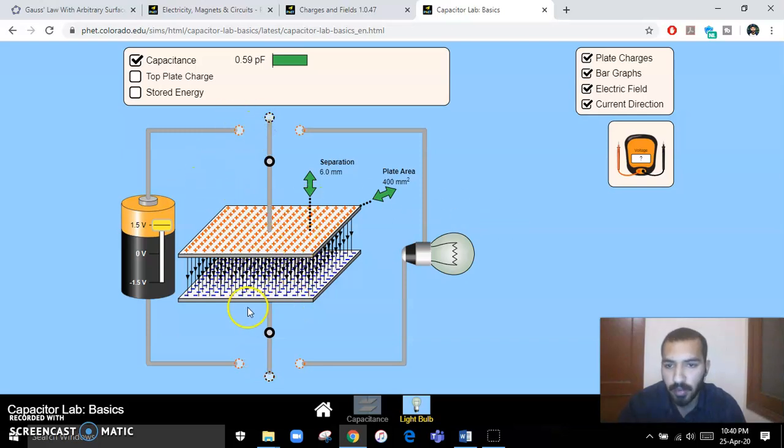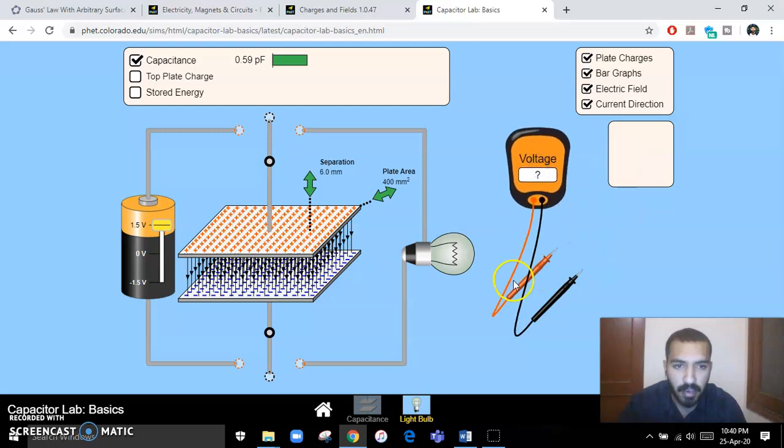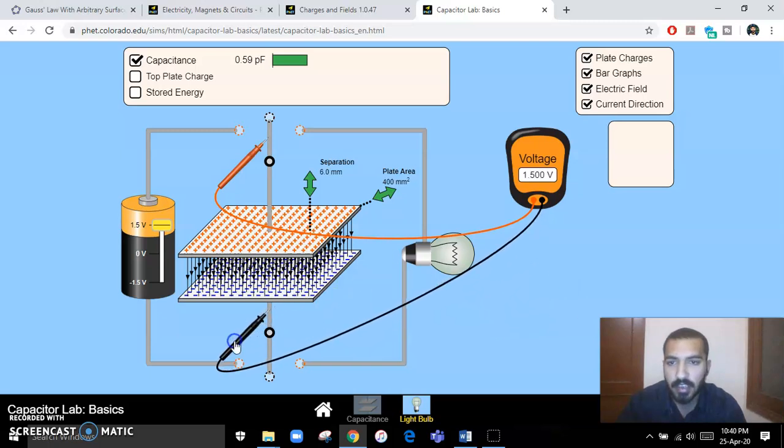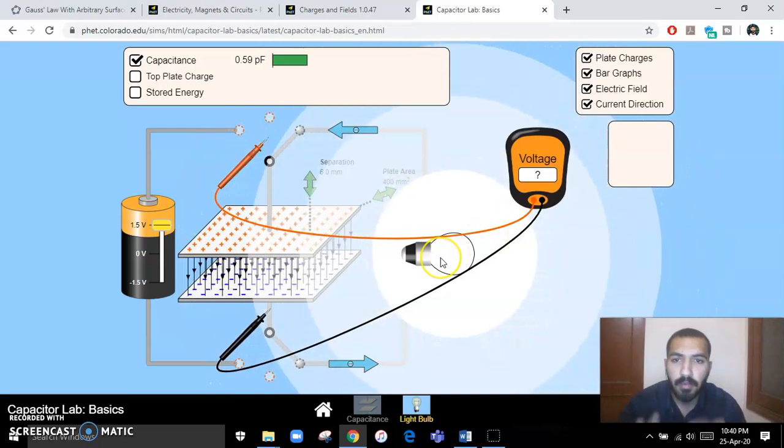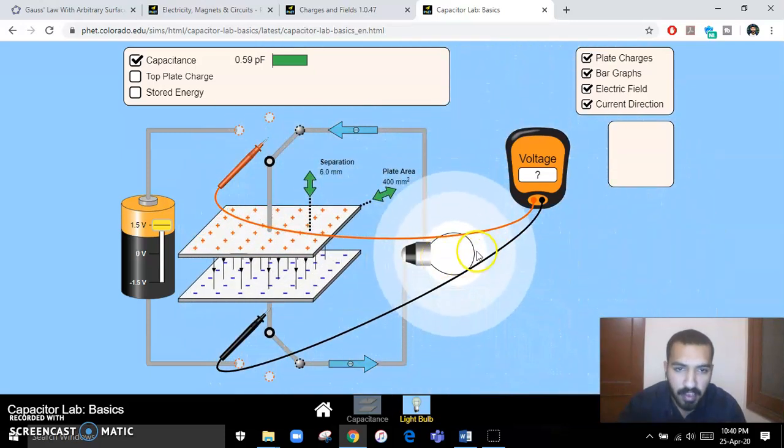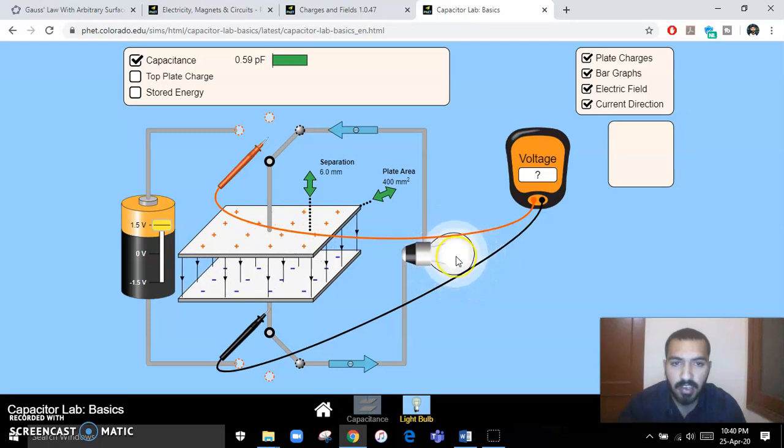I move my probes here, and I measure the voltage on the positive side and on the negative side. You can see I charged my capacitor to 1.5 volts. Now this capacitor is totally charged at 1.5 volts. These voltages are now present inside the capacitor. This voltage will be delivered to the load if I move my connection from the battery to this load. You see now my voltage is consumed by this load, and you can see the voltage slowly going down, and now this positive charge is also getting low, and at this point it is over.